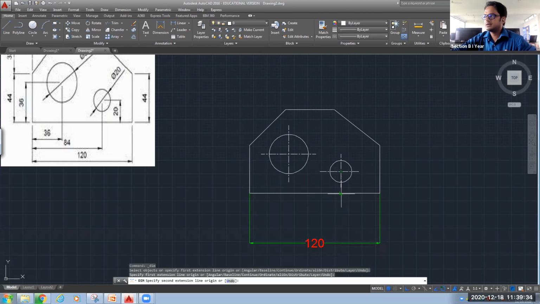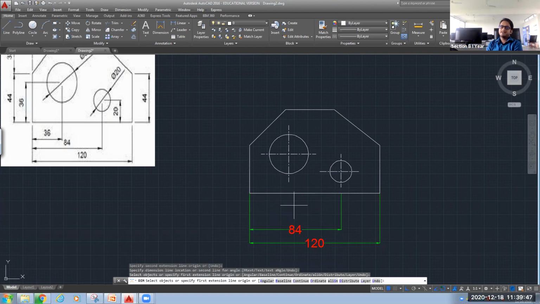Now you can click at that point, and now you can specify the location where you want to place this text 84. So I want to place this 84 at this location. So second click I have made. So this is how we can give the dimension for the point which is not available.